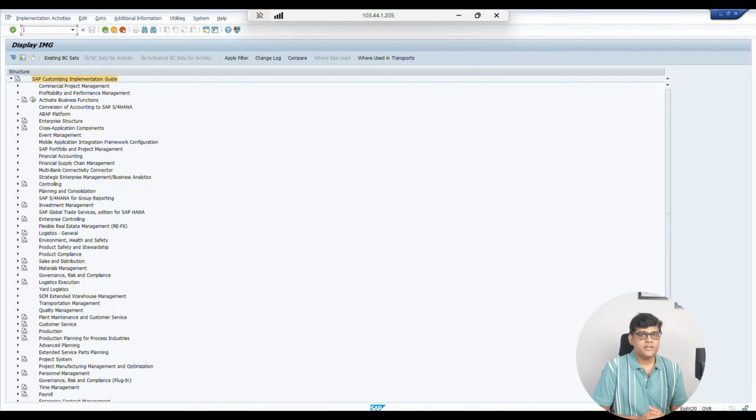Now we will start with creating a company code. Company code creation is part of our organization structure. It is our third organization structure: operating concern, then controlling area, then company code. Any organization structure configuration we are going to configure under Enterprise Structure. So enterprise structure and organization structure are the same. Now I'm going to expand this node, Enterprise Structure,